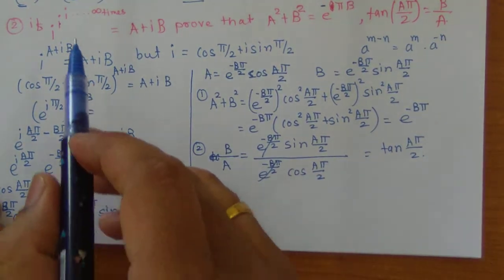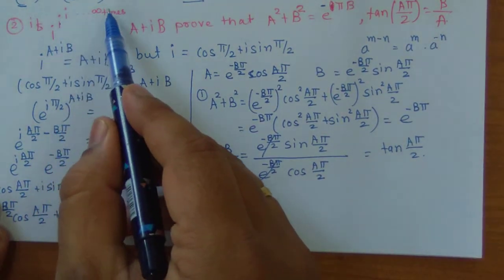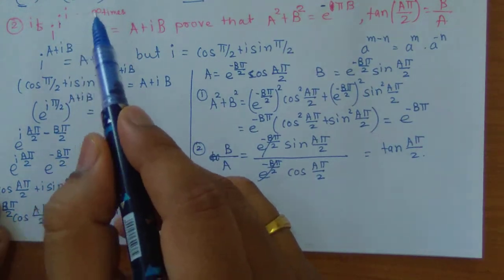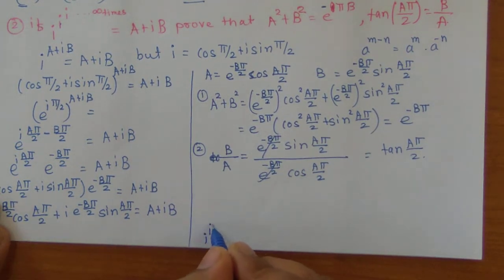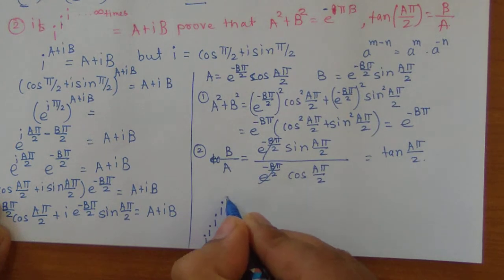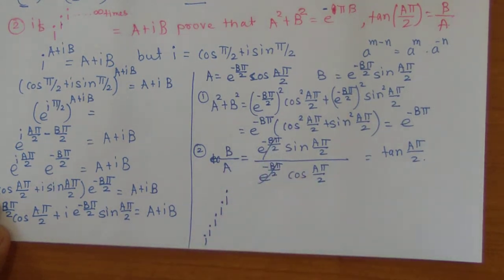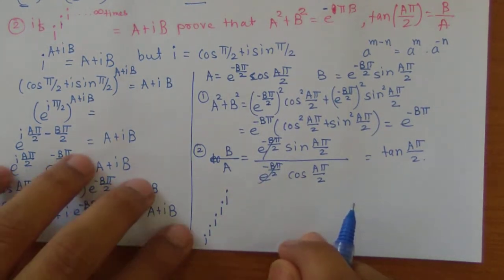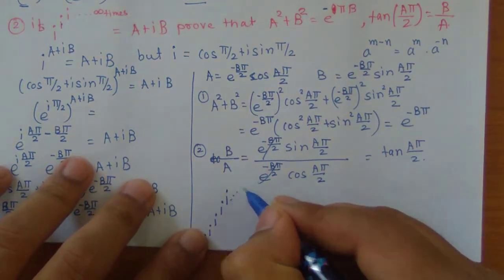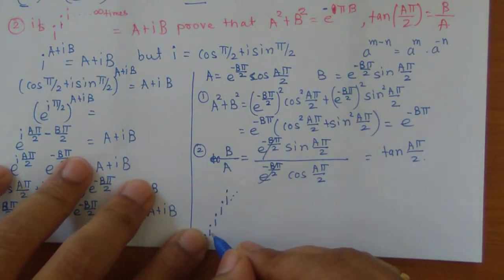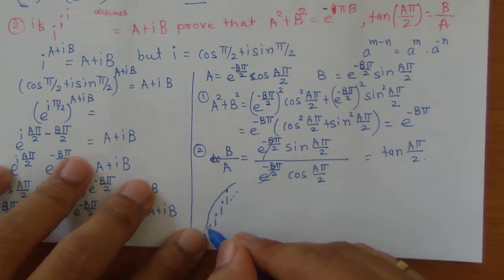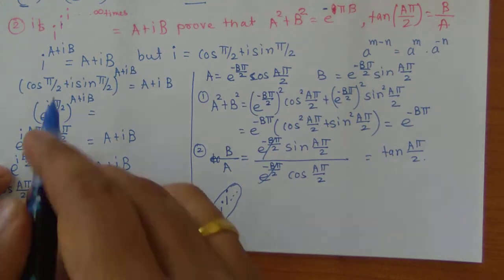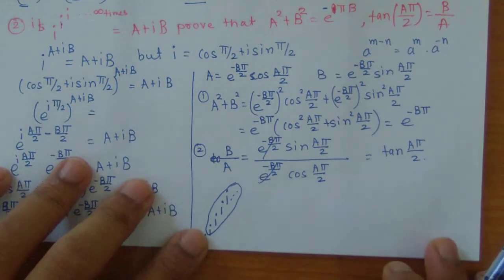But the only thing is, this is an infinite sequence of powers. i raised to i, its power is i, again its power is i, and so on. This sequence continues up to infinity: i raised to i raised to i raised to i, like that. Okay, but what we have thought is, even though it is going to infinity, it also looks like the base is i and its power is i raised to i raised to i up to infinity. Hence we are calling this a + ib. This is the key step of this particular example.